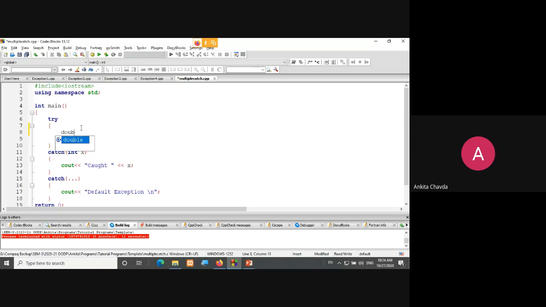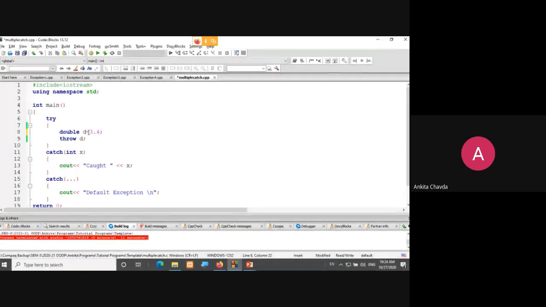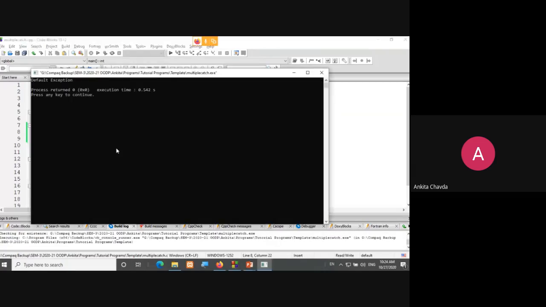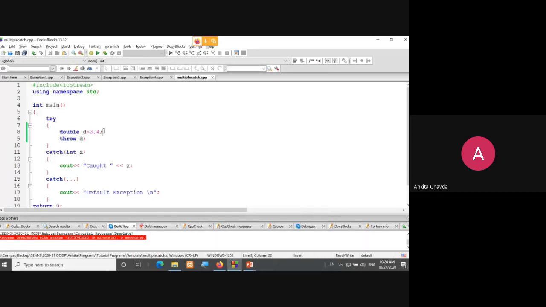let's say suppose double d, and you are throwing d over here. For any double kind of exception, you have to give a value, otherwise it will show you an error. Again it will go to the default exception. So whatever value you give, double, short, integer, long, it will directly go to this default one. And now suppose I'm giving integer i equals 1 or something like this,